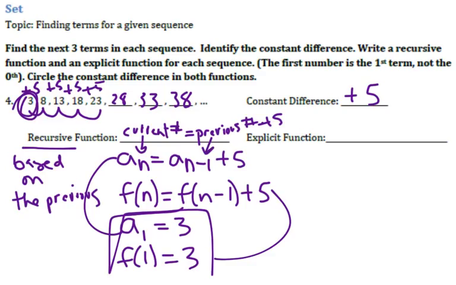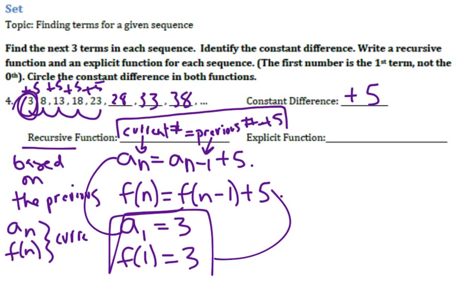Okay? So that's the recursive. Now, if all you know is how to do this, that's fine too. If we can get to that point, this notation is just kind of coming from that. Just remember that a sub n or f of n, that's like the current number you want, and the a sub n minus 1 or f of n minus 1, that's the previous. Okay? Now, the explicit. So let's